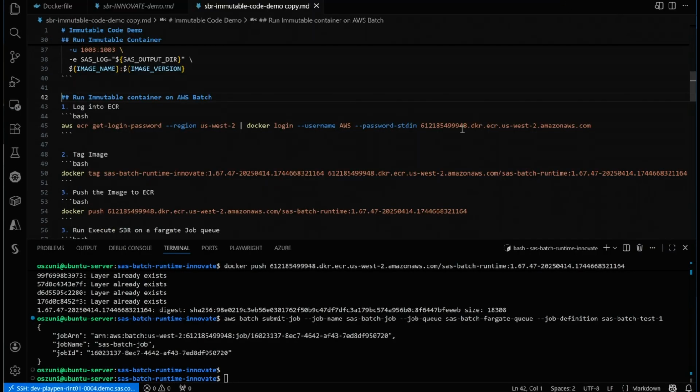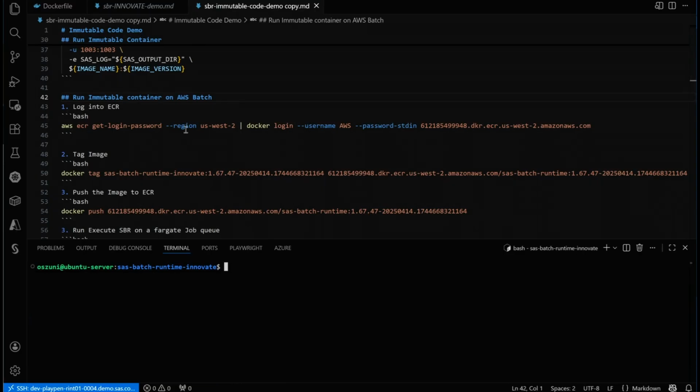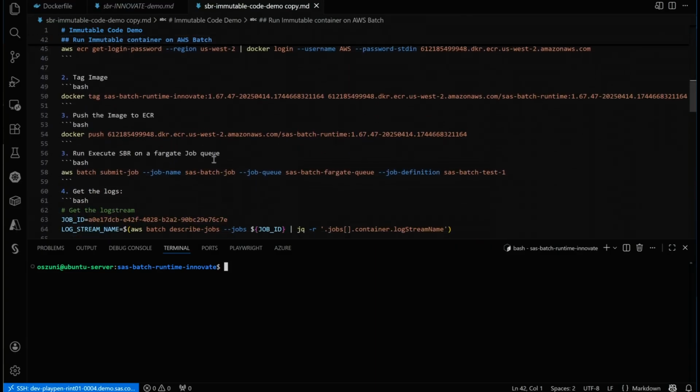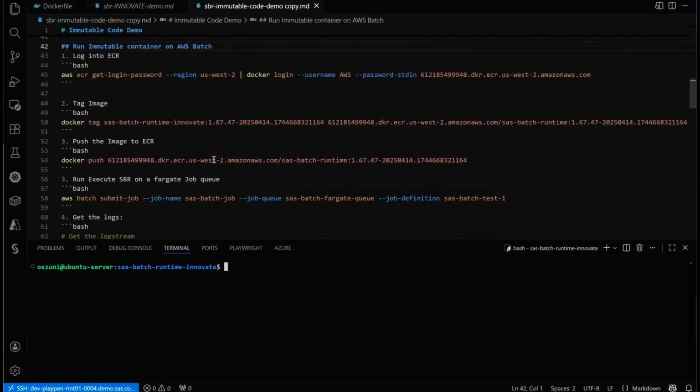All right, so what we're going to do here real quick, and I already did a run, basically, I'll walk you through the steps so you don't have to watch me copy and paste here. But the first thing that we need to do, we're going to log into ECR, which is the container registry that I'm using, and I'm going to get ready to push the image. First, I'm going to have to tag it after I build it locally. Then I'm going to tag it, and then I'm going to do a run on